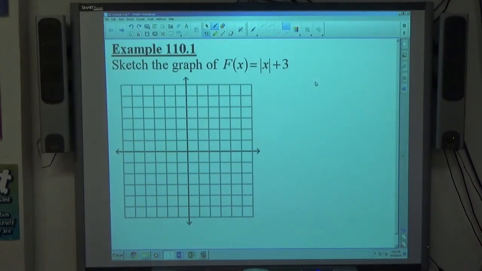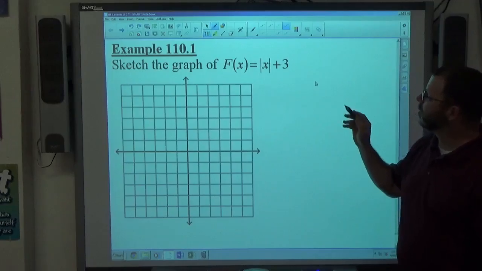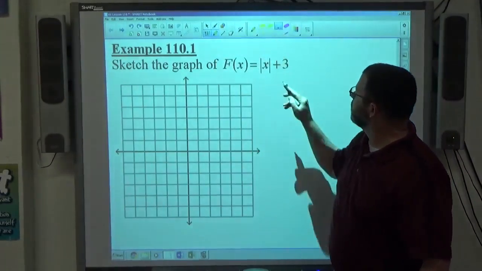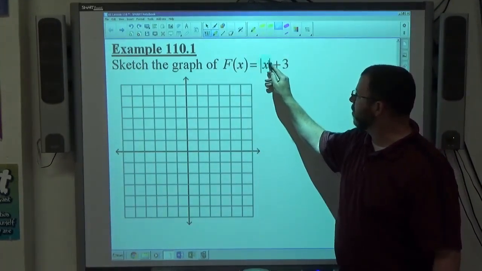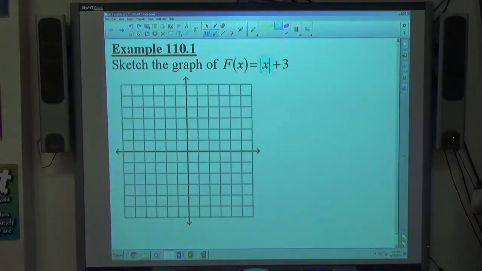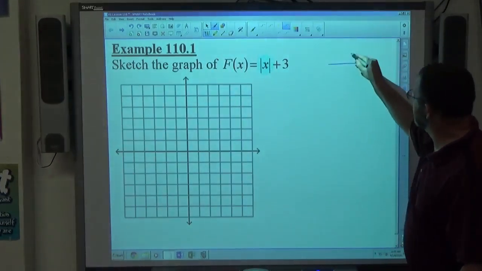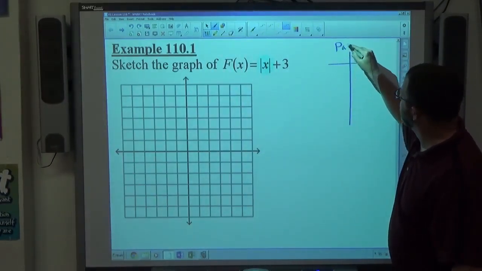Example 1, sketch the graph of f of x equals absolute value of x plus 3. Now, that yellow sheet of paper I handed out yesterday, the lesson 110 notes, gives you the ordered pairs for the parent function of the type of function we're dealing with. So first thing I want to do is identify from the function here that it's an absolute value function. So you go to the parent graph sheet there and find the absolute value. And you'll see that if we have an absolute value function for the parent graph,